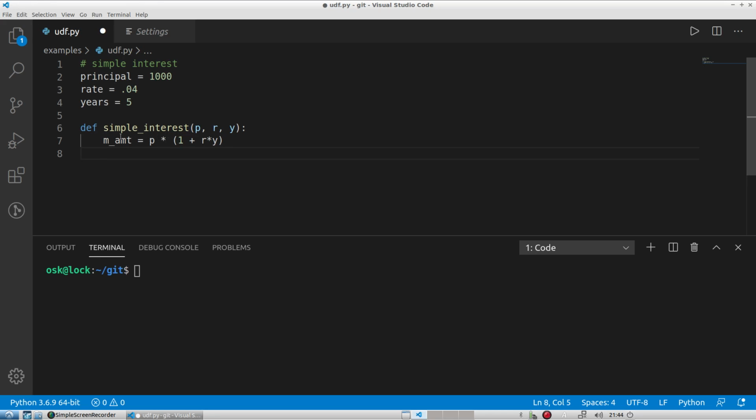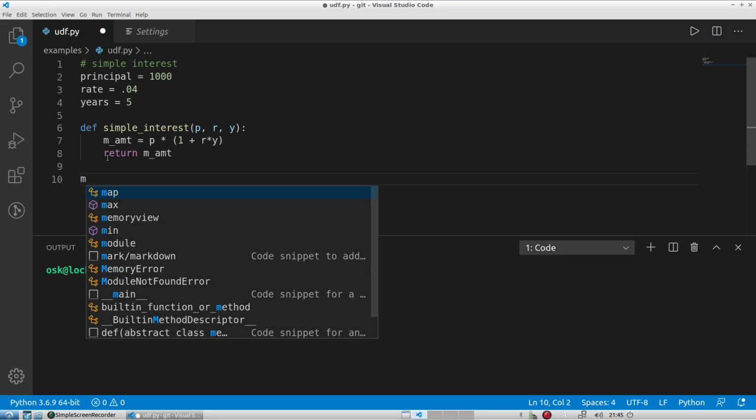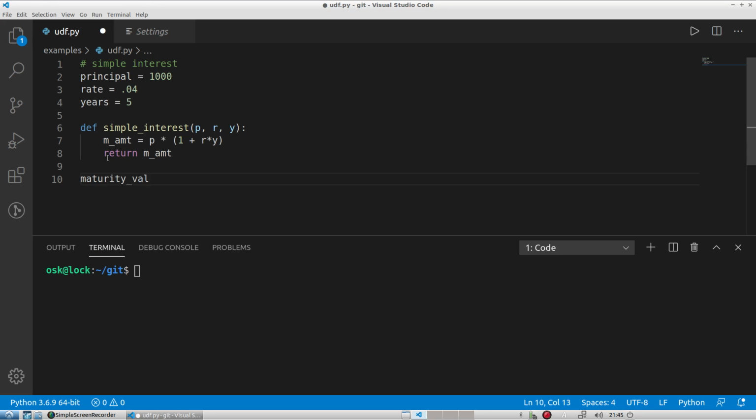Now I want my function, after it does its computation, to return the amount. So I'll say return AMT for matured amount. And now I can use my function and store it in a variable. So I'll create a variable called maturity value, and maturity value will be computed with my simple interest function. And as you recall, I have principal, rate, and years that I have to pass through, and I already have those values defined in my variables up here. So I'll say principal, rate, years,